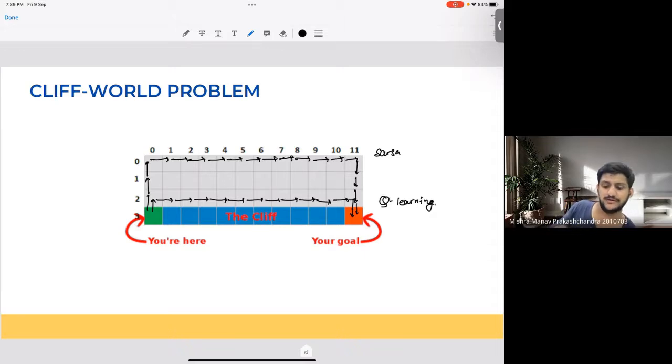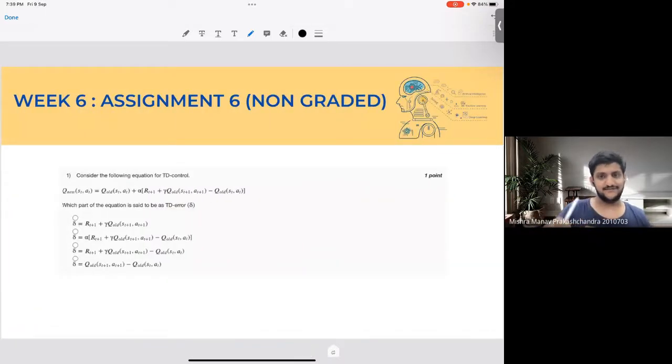Okay, so we'll just look at a code. I've written a code for this exact same scenario. We'll quickly take a look at that, and like how it affects if I change the number of training episodes. Before that, I'll just finish off the non-graded assignment part. So TD error is this part,